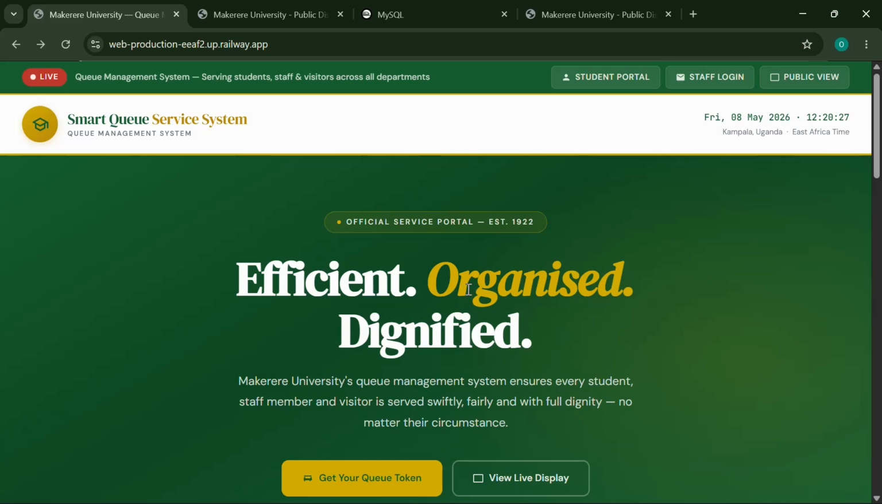Today I will present to you the new innovation with the business name, the Smart Queue Service System. The system is an artificial intelligence powered digital queue management platform designed to solve one of the most common challenges in busy institutional environments. It is designed to bring order, transparency and efficiency to service delivery in places like universities, hospitals, and